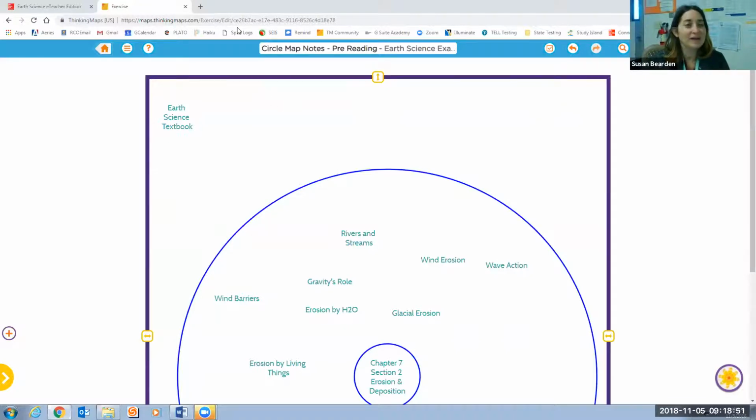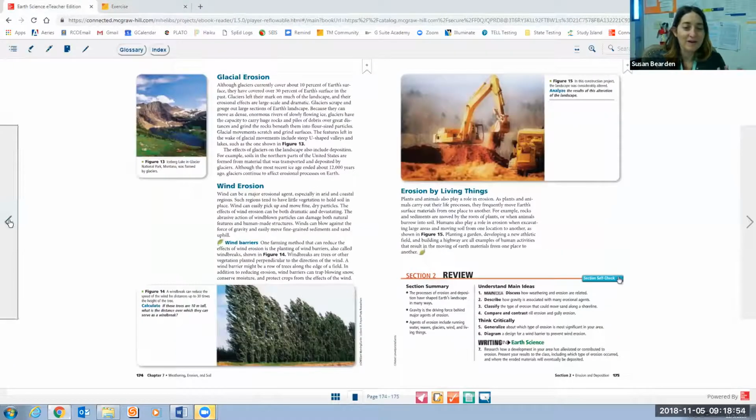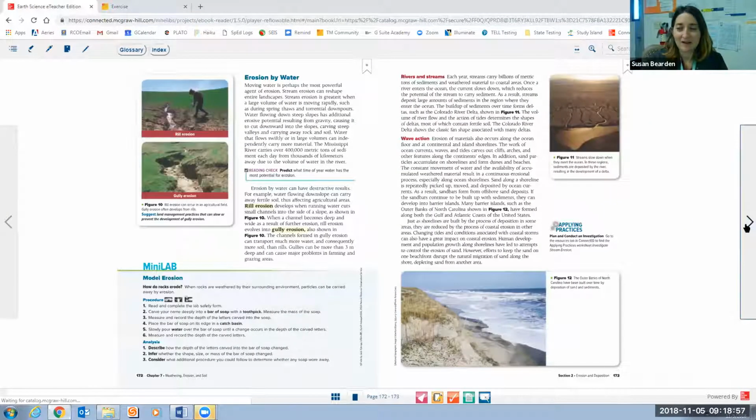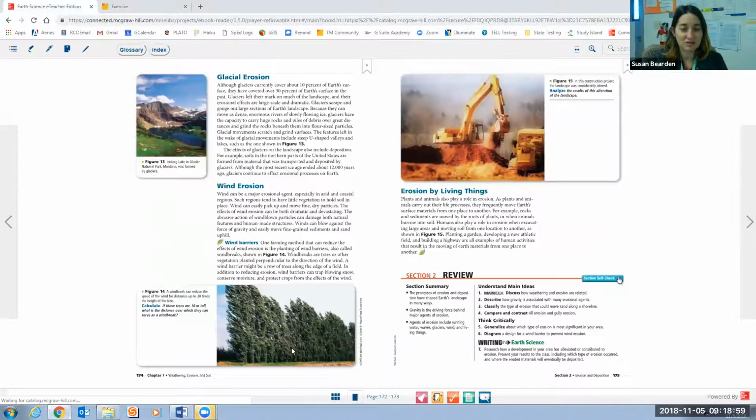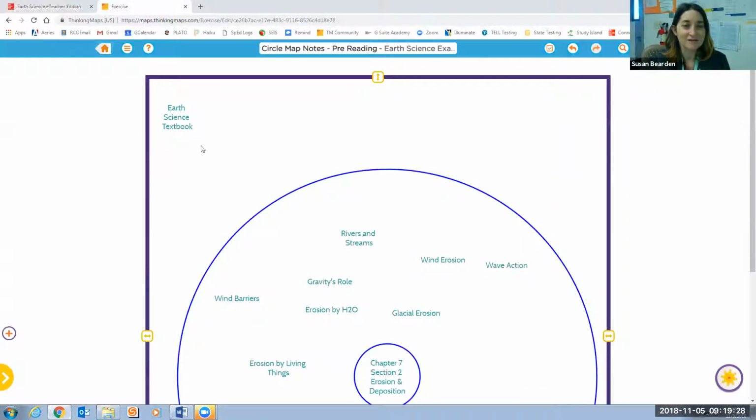All right. So as we were looking at our map, we were already making some connections. On this last page, there was a connection between the windbreak and math, right? Because it talked about a windbreak can reduce the speed of the wind for distances up to 30 times the height of the tree. So we saw that math could be involved in this topic. Okay, so I'm just going to put on my circle map a note